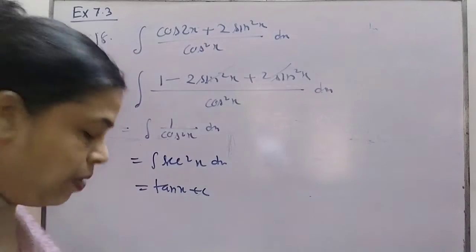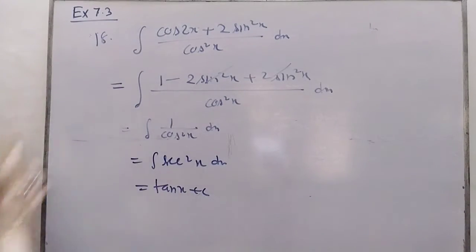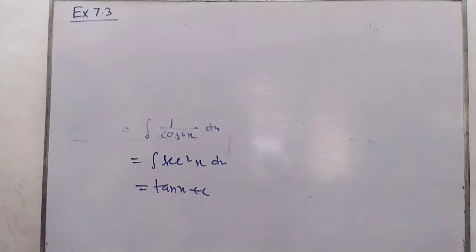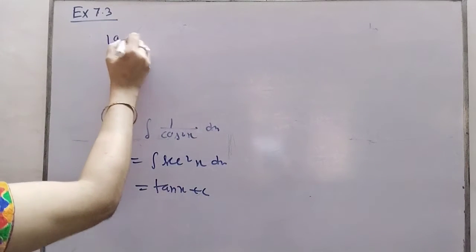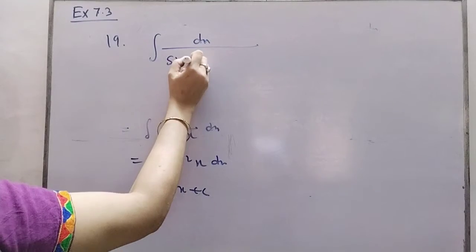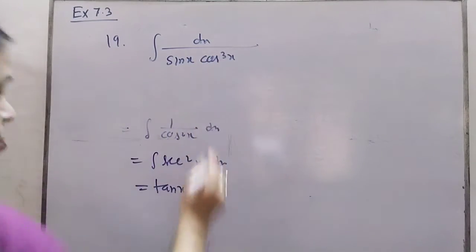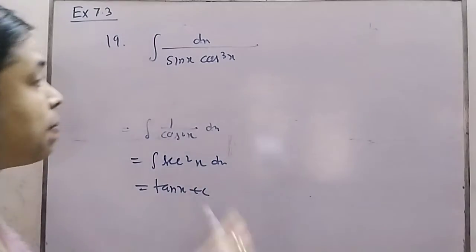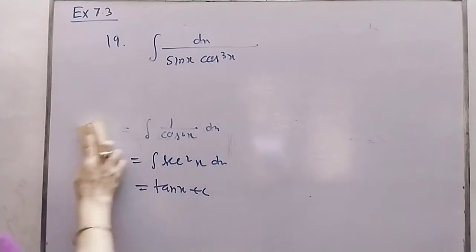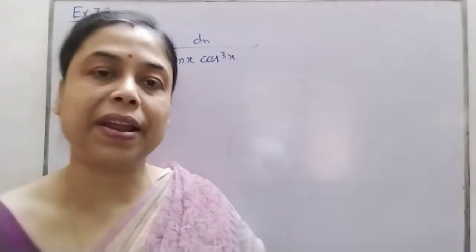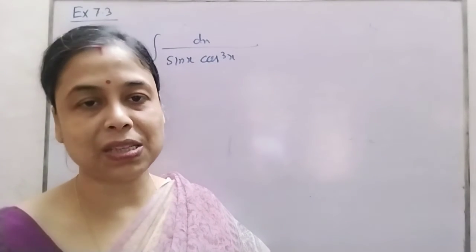Okay, let us do one more question here. Let us do question number 19. Your question number 19 is dx divided by, here also one more rule we have to know. Now what will we do? In the denominator the power is higher, but the numerator is 1. The denominator power can be decreased if I write down 1 as sin²x plus cos²x.